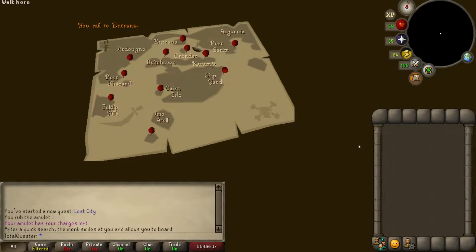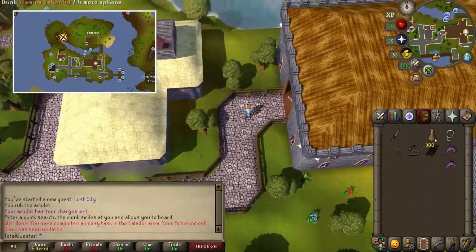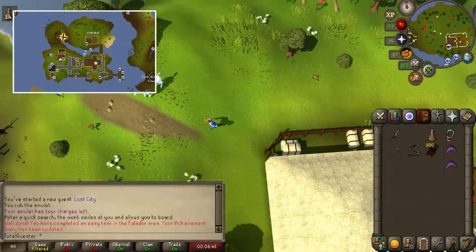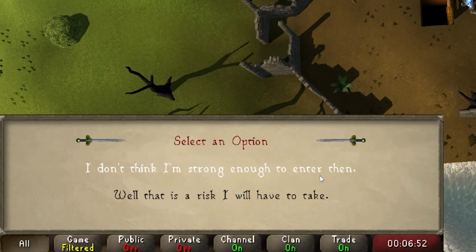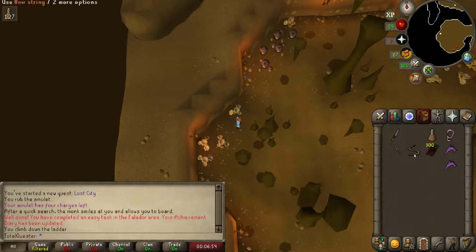Once you arrive on Entrana, run all the way northeast and eventually go across the bridge on the eastern side of the island, before then going west until you reach a dungeon entrance. Choose to climb down the ladder, and when the monk tries to stop you, say that it's a risk that you have to take. If you have an unstrung bow and a bowstring, make your bow now and equip your arrows,